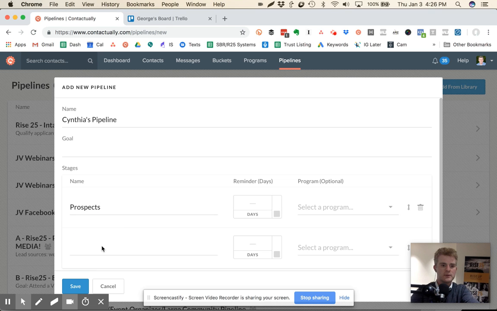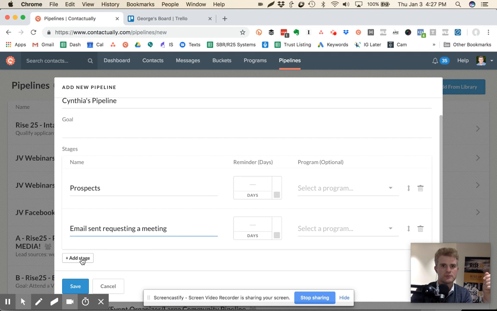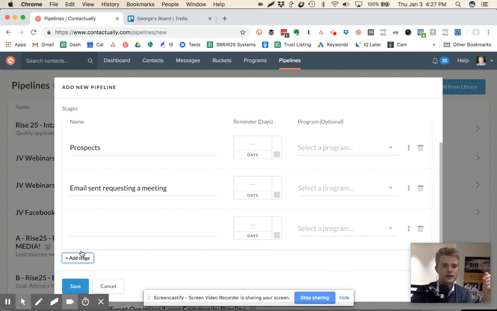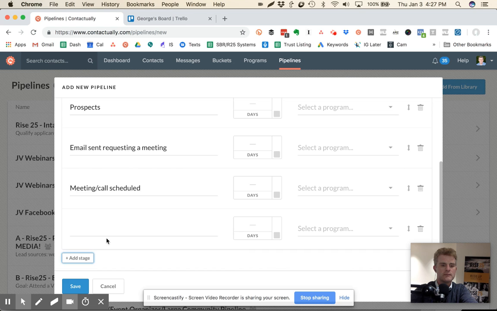And then the next one might be an email sent requesting a meeting. Or there are other strategies that we use when we work with clients to do lead generation for them that are a lot more effective than just requesting a meeting, like a mutual benefit type of meeting. But for the purposes of a simple demonstration here, I'm just putting that in there. And then after that, you might have meeting or call scheduled with this person. And then after that, you might have meeting or call completed,